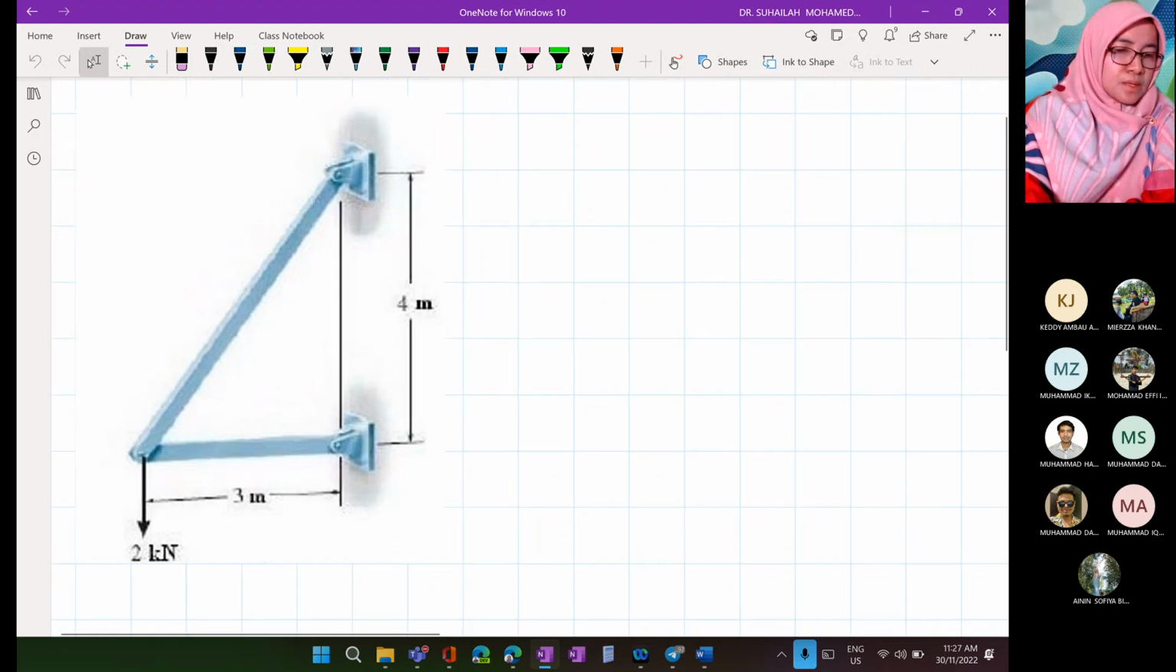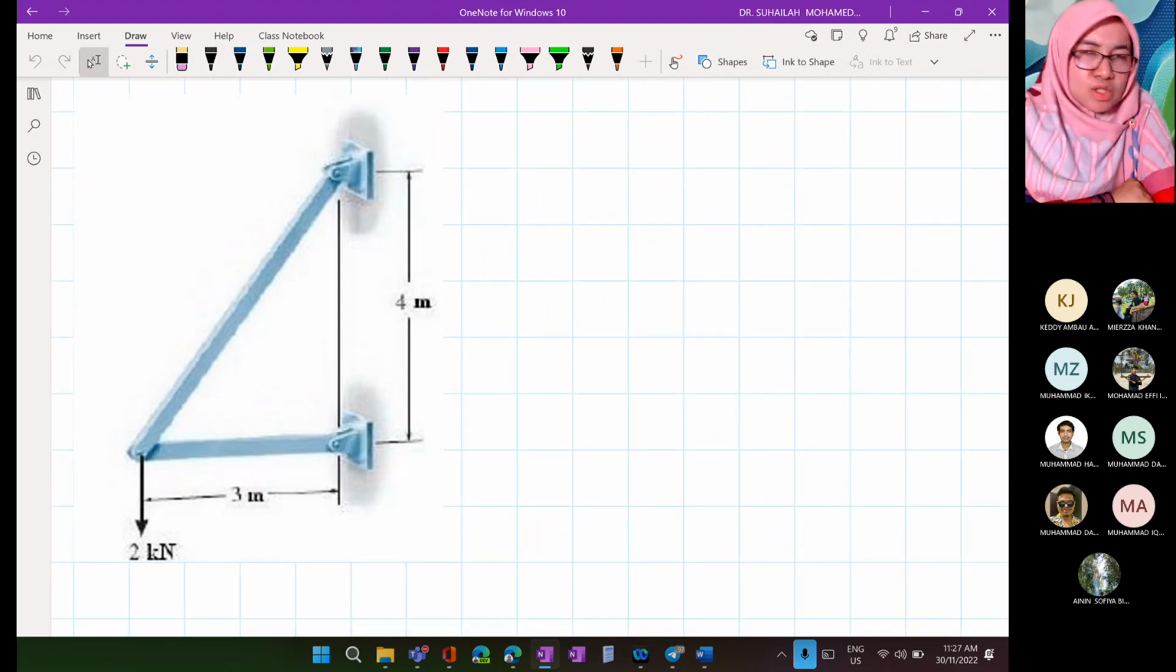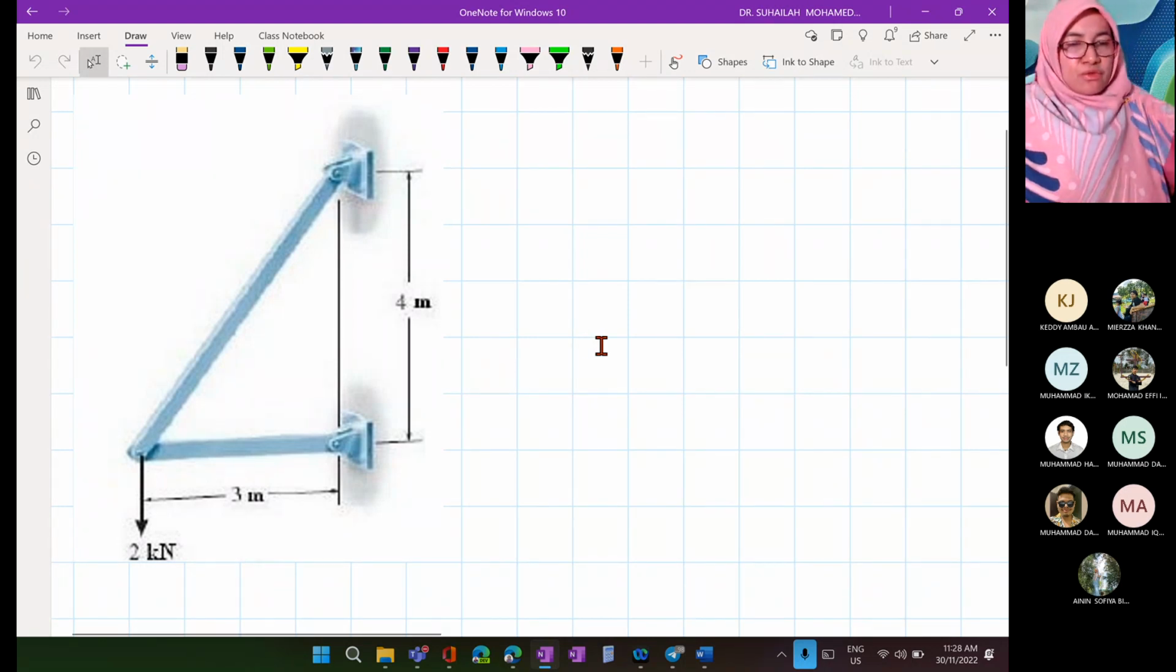So this is the truss. The truss has two elements. It has two pin supports. Pin support relates to the constraint condition, the constrained degree of freedom. A joint is called a node. A member is called an element. And we have to